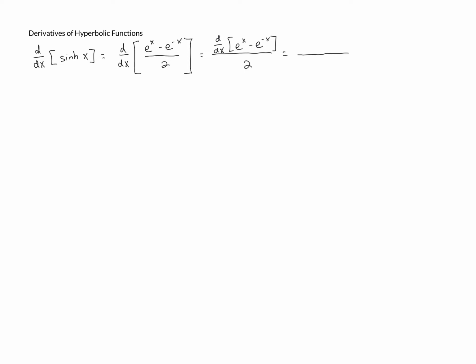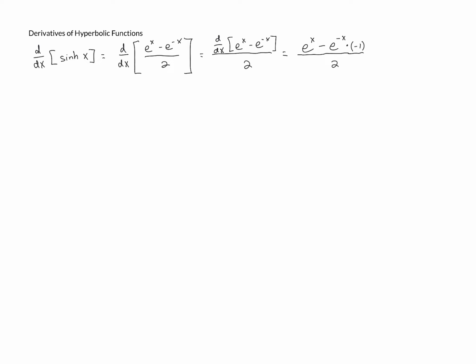The derivative of e to the x is just e to the x minus, now for e to the negative x, we have to use the chain rule because this is a composition of functions. The derivative of the outer function, e to the u, is just e to the u. So that's going to be e to the negative x. But then we have to multiply that by the derivative of the inner function. And the derivative of negative x is going to be negative 1